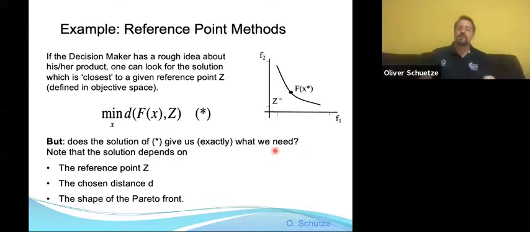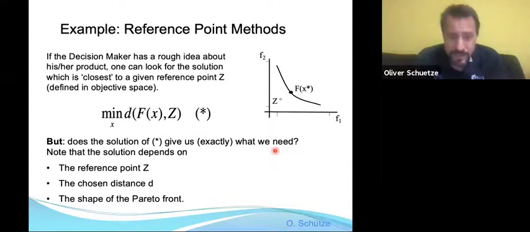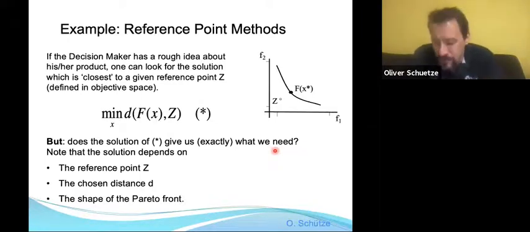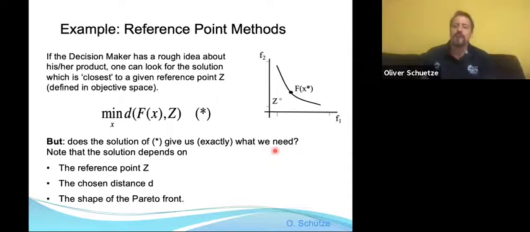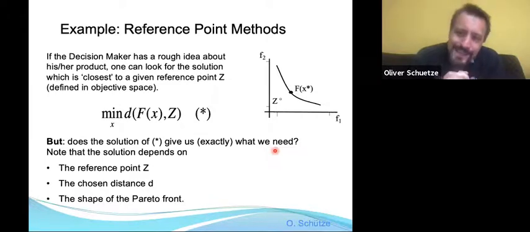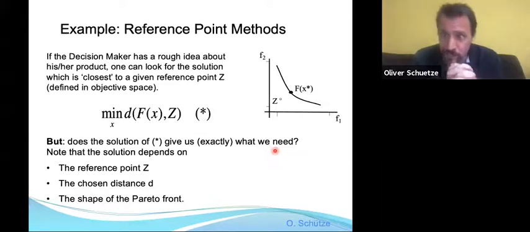The solution is dependent on the distance and, lastly, on the Pareto front. And the Pareto front is the one we don't know. So maybe the solution of such a problem is a good starting point, but my message is that you should not trust it and say this is the solution, because we are dealing again with a high-dimensional manifold and you get something. And this something has to be explored,